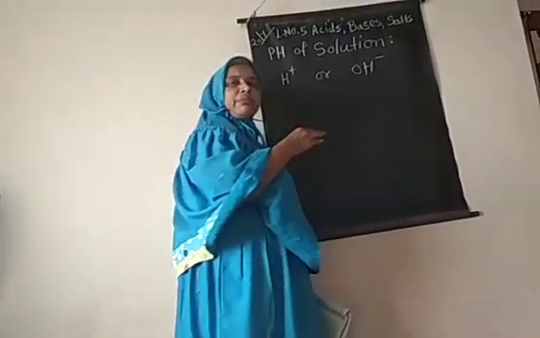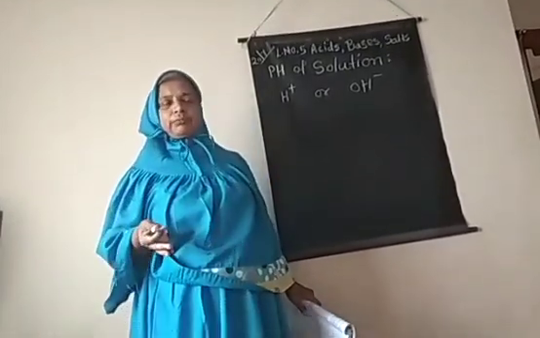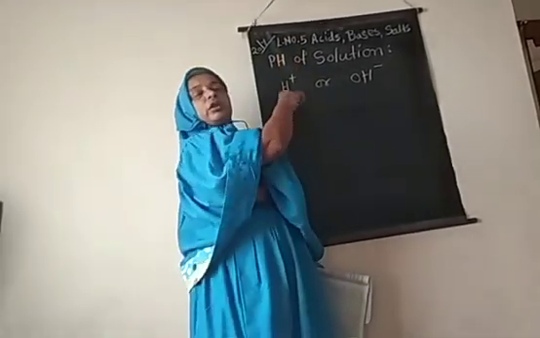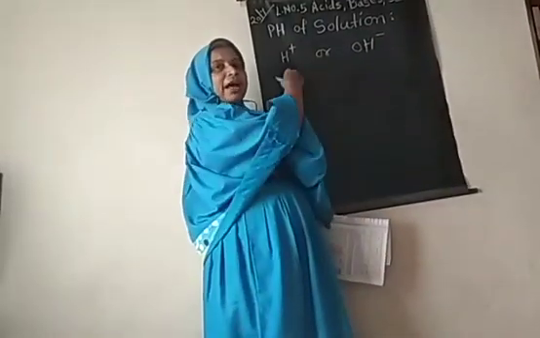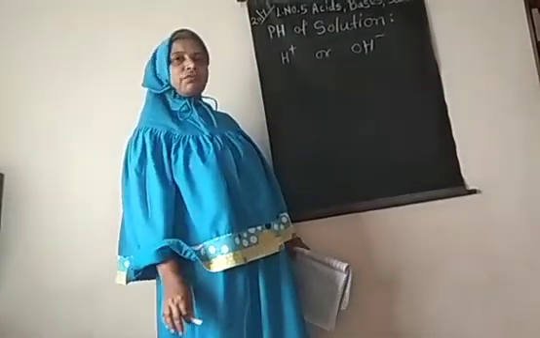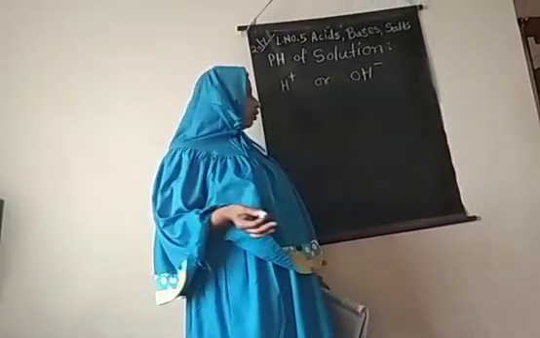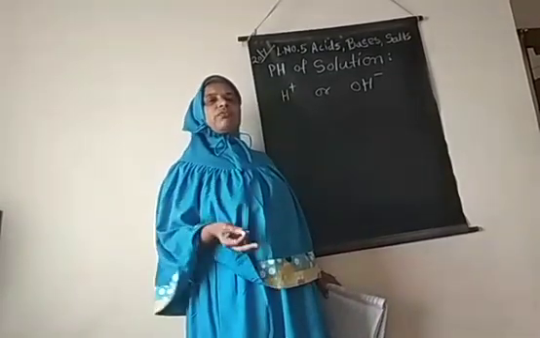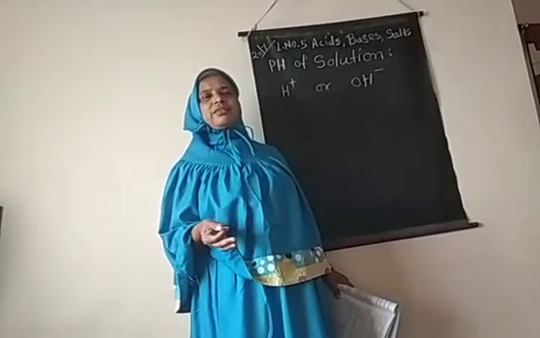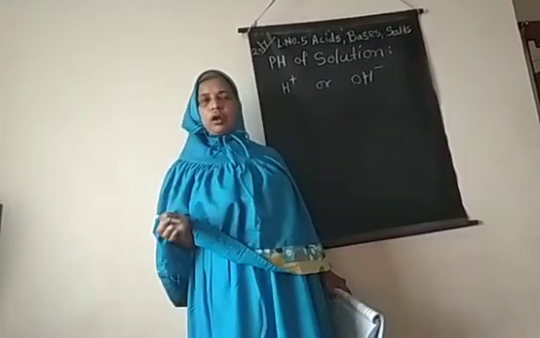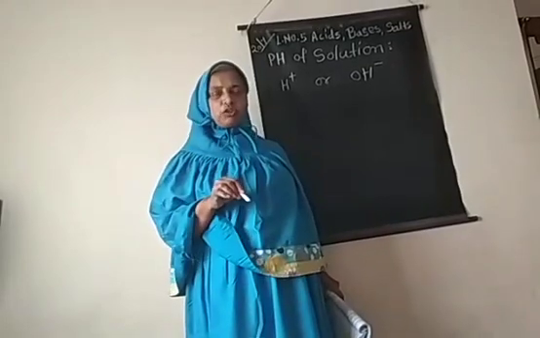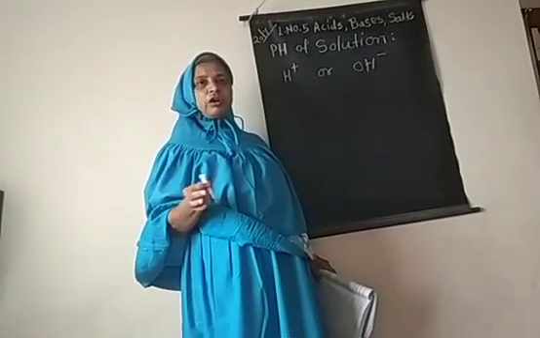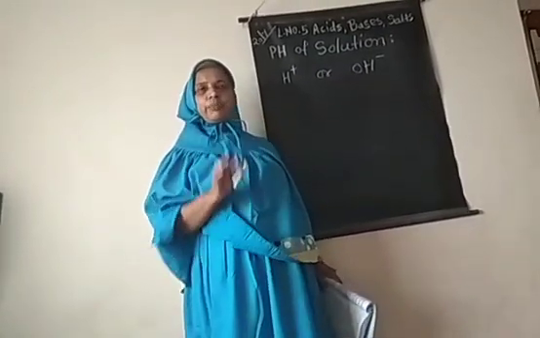Just as we measure length with the help of some unit, a particular unit, in the same way the pH value measures the acidity or basicity of the given solution. In our day-to-day life, we hear about different types of soils, which give different types of crops and minerals present in the soil. Sometimes we hear that the soil is acidic or basic in nature. So what is the meaning of acidic or basic in nature?